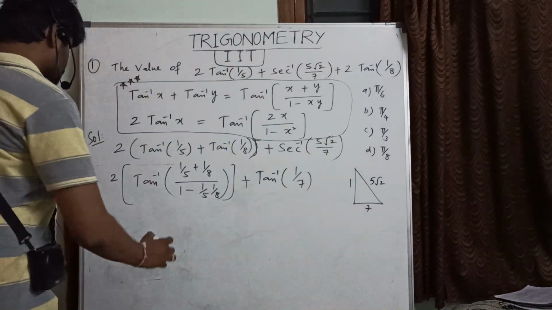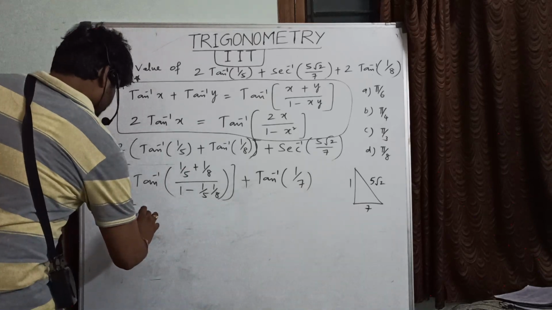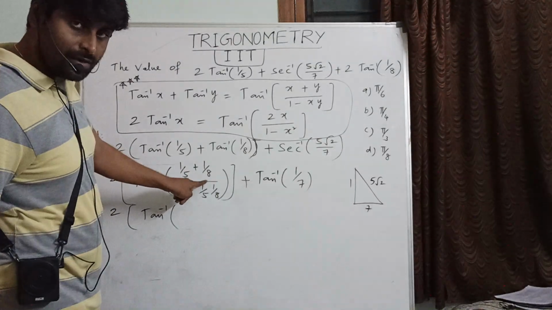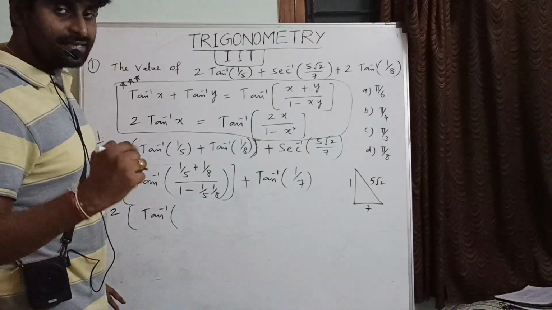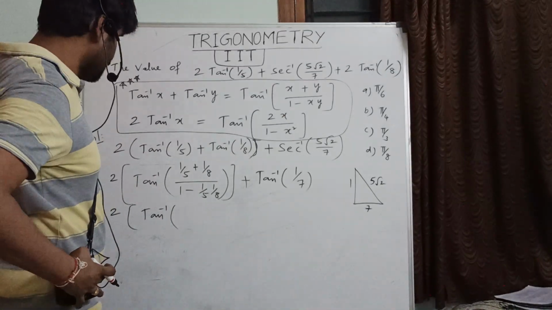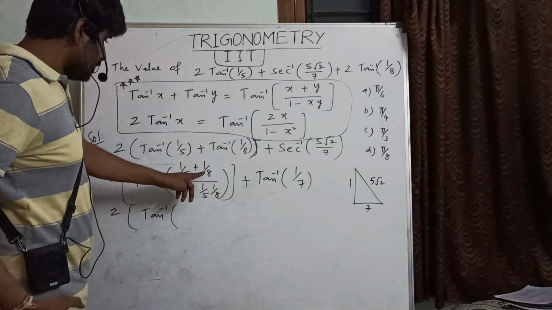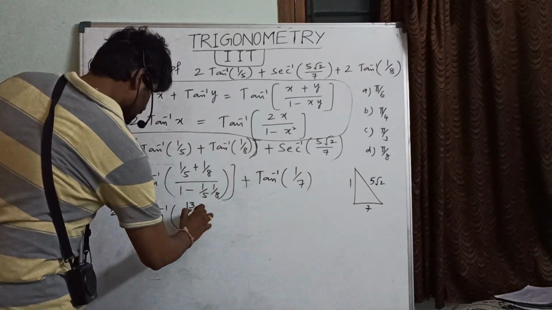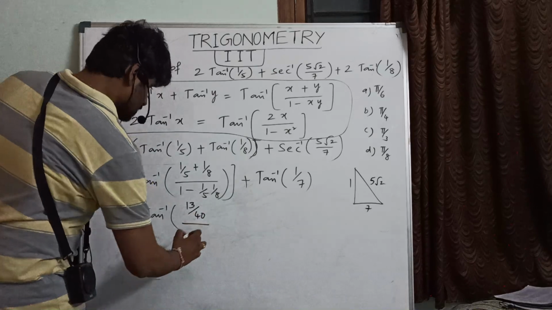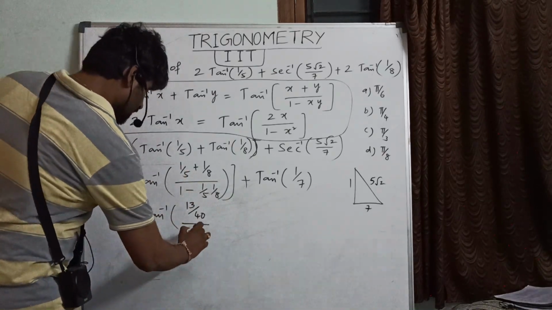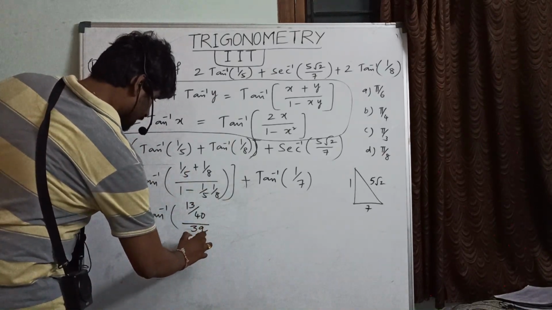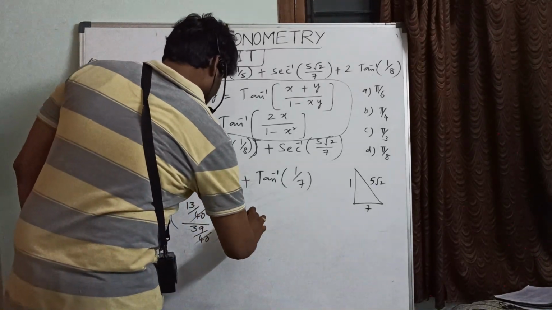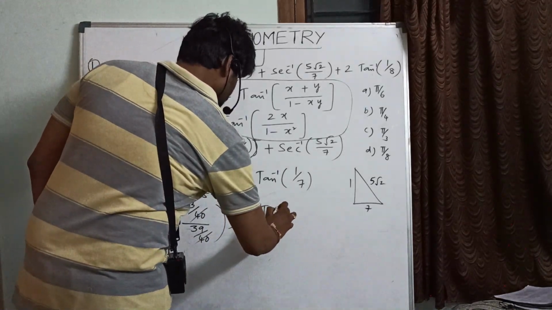Clear? Now here also, 2 tan inverse of 1 by 5 plus 1 by 8. 5 and 8, odd number and even number, the product is the LCM. 5 8s are 40 there. Now here, 8 plus 5, cross multiplication, 13 by 40, and here also 40 minus 1, 39. Clear? By 40. So 40 can be cancelled there. Correct? So plus tan inverse of 1 by 7.